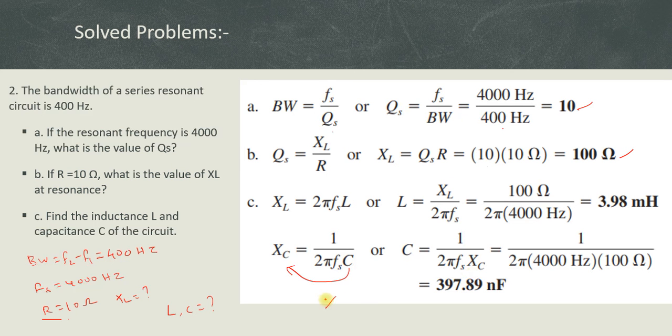And we know that at resonant condition XL equal to Xc. Here they given XL equal to 100 ohm, so Xc is simply 100 ohm. So you substitute this 100 ohm here. In the given problem they didn't specify the value of Xc, but we know that at resonance condition XL equal to Xc, that condition is very important. So here Xc is equal to 100. You substitute and simplify, I get the value of 397.89 nanofarad. Clear? So then I move on to the next problem.